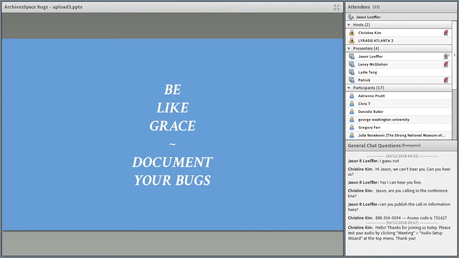Most important thing, of course, is be like Grace Hopper, be a good archivist and document your experience, document your bugs. Can't impress this enough. If you encounter an issue and a week later you report it, you're not going to remember all the details